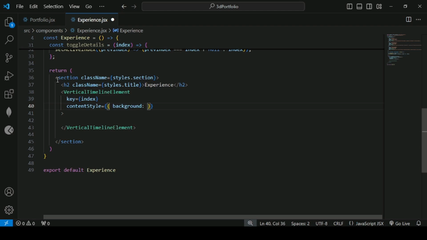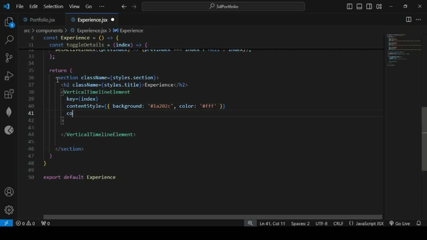This key is going to have index, and we're going to have content